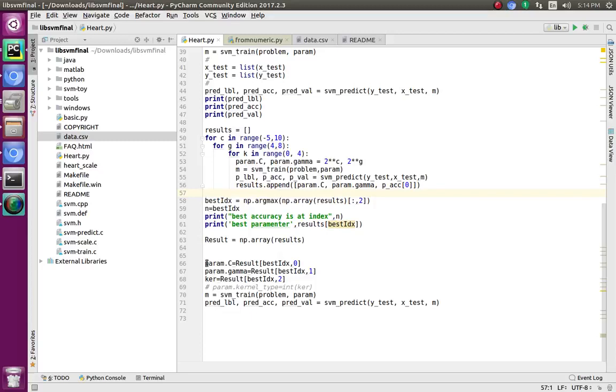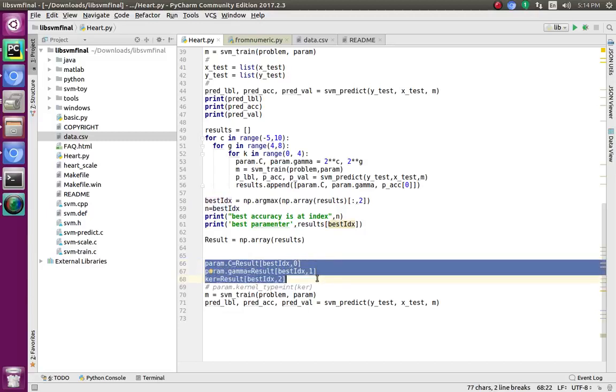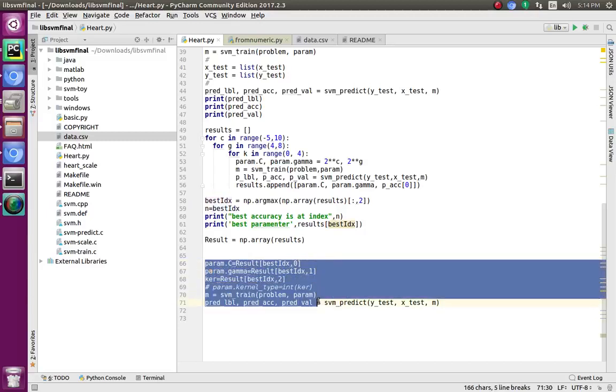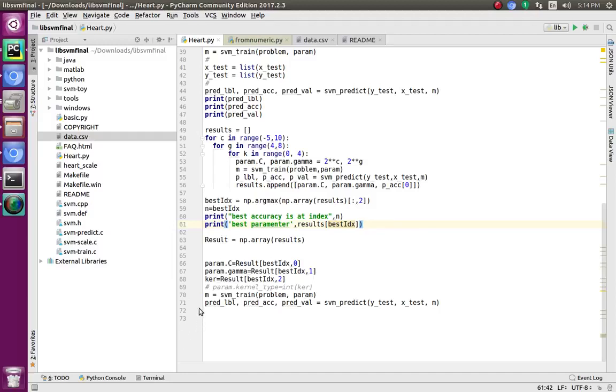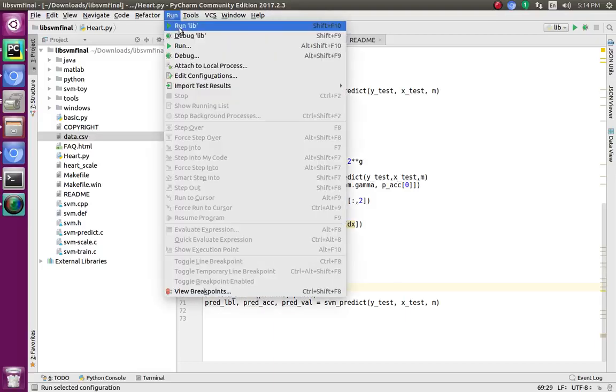After getting the best parameters by doing tuning, we have trained the model using those parameters, and by using this we will get a good accuracy, I guess.